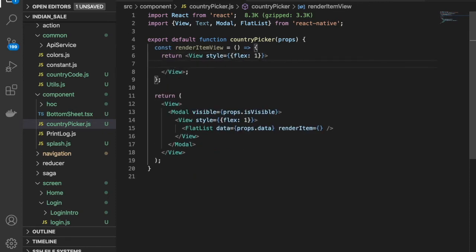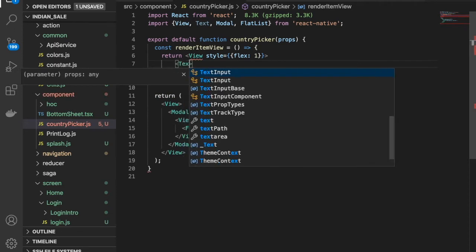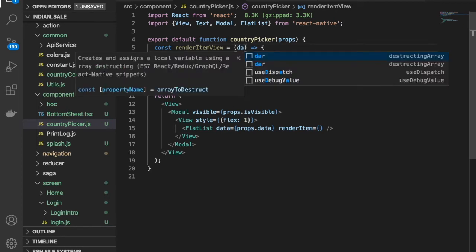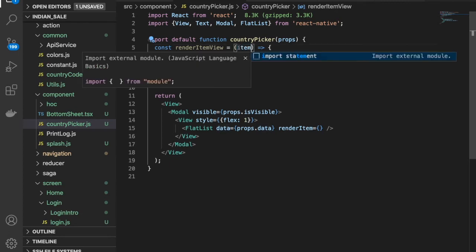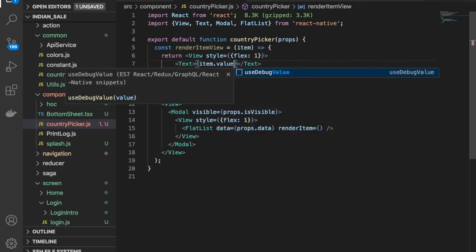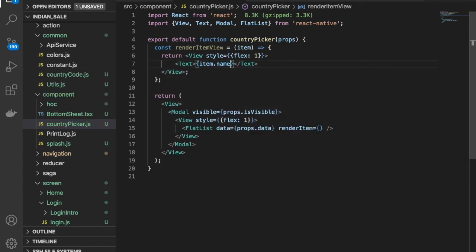And then we'll have this called Text, and under this, because we are passing here the data, right? So data, or we can say the item. So let's say item.value, or we can say name.